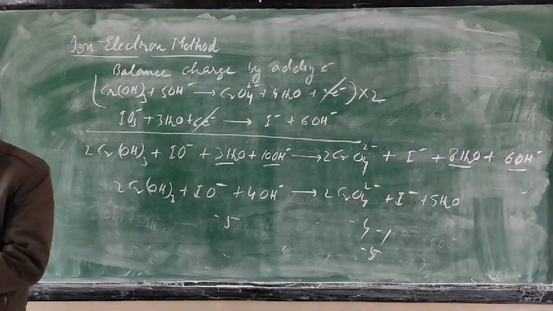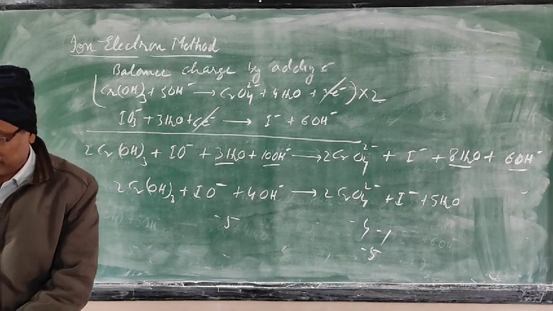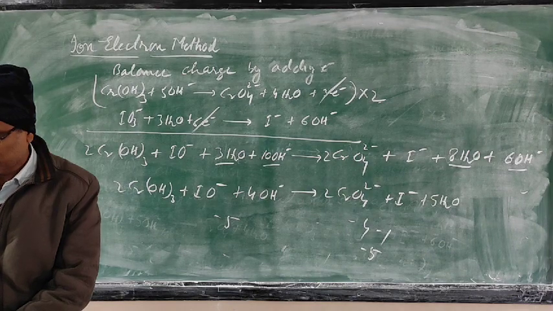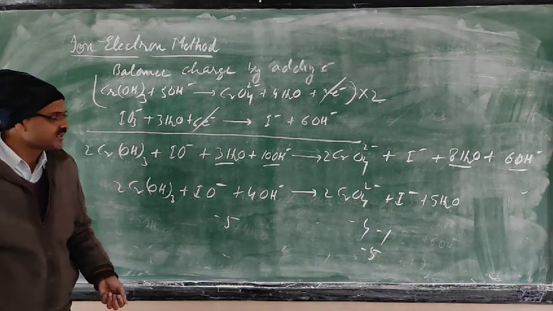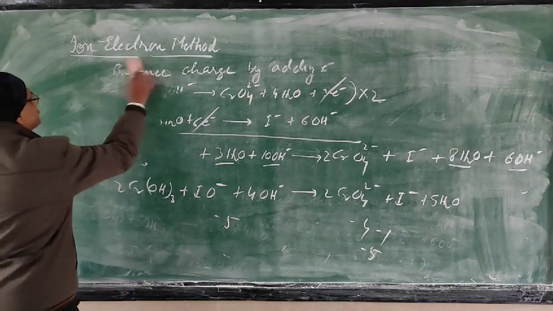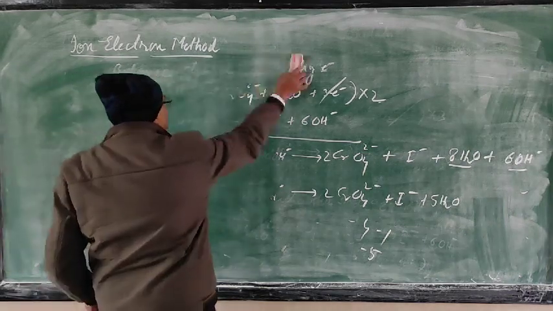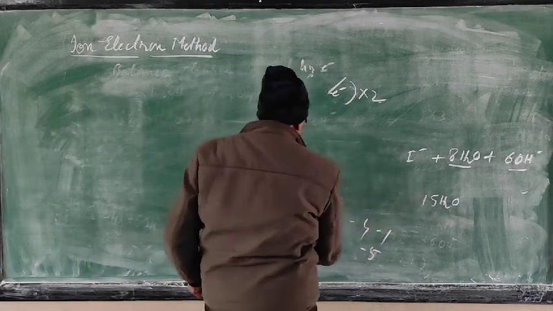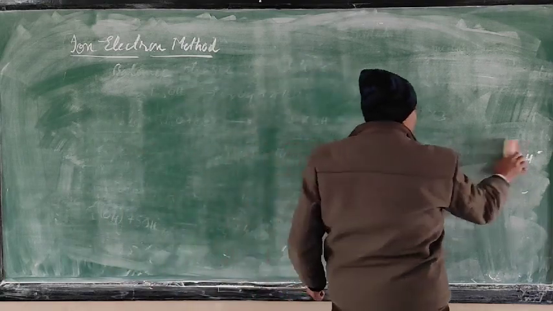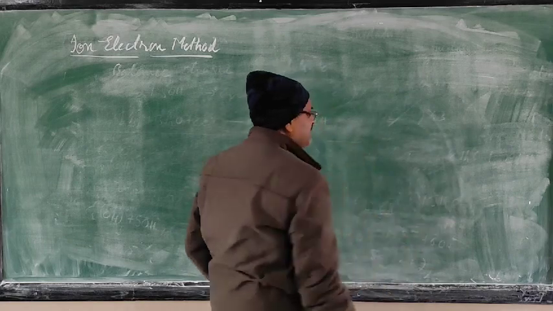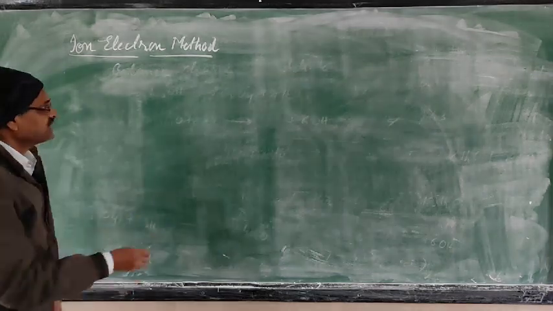Now one more example we can take. That example 8.10: balance the following equations proceeding in basic medium. So basic medium again one more is given. So now we can do. And after this, in your review exercise, some questions are there. You can solve it. And if you face any difficulty, you can ask me. Since you are coming to the school, the problem is not there. Just from the video you study this one balancing. In school you can ask the doubts. So next one is given.